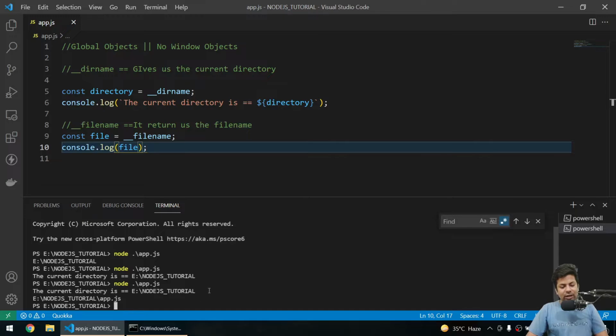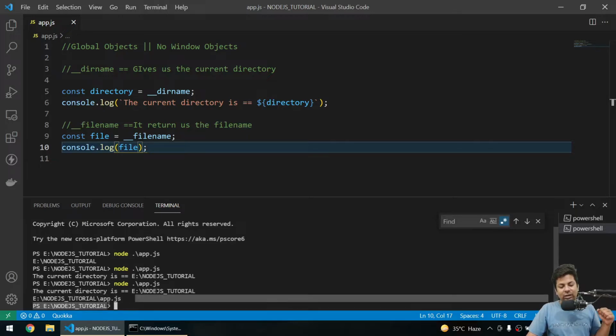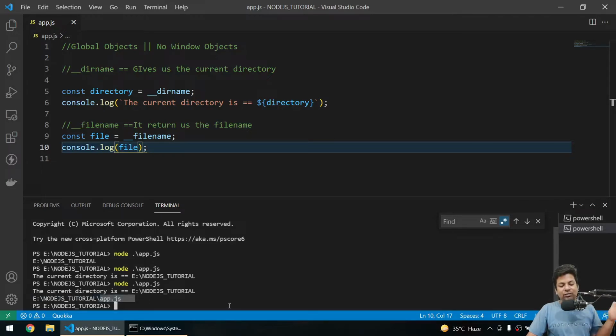You can see here we are getting the directory. Now here we are getting the directory plus the file name. You can see app.js. So this is the file name, and here we are not getting the slash app.js. So we'll just wrap this also in string literals,